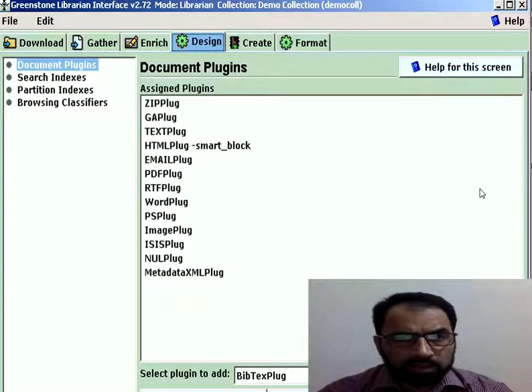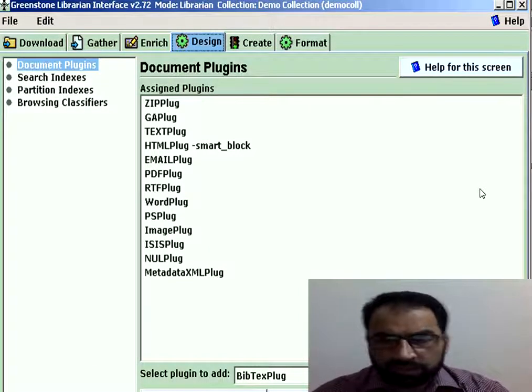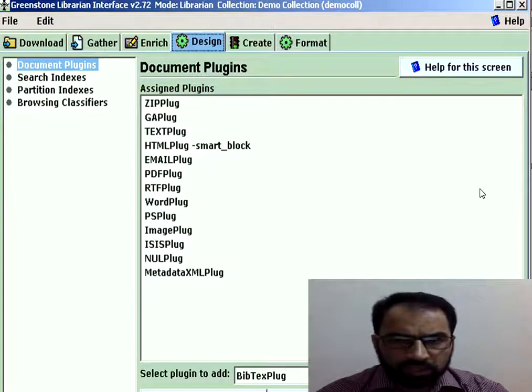Then the third step, which is the design step, where we are designing the collection. There may be different types of files, different formats in a digital collection, so we need special application programs which are named in the digital library software as plugins. Those plugins are needed to process those different files and formats of electronic resources for which we have to build a digital library.